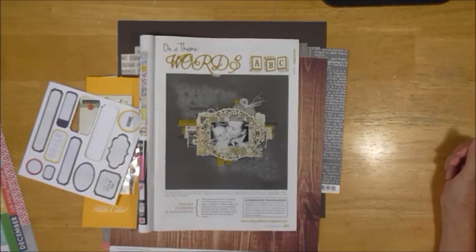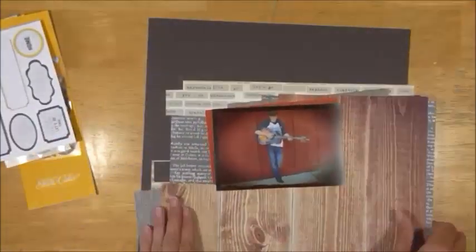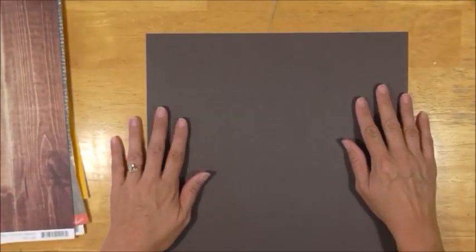And this is a picture. Well, first I'm showing you here the layout that I'm lifting this from. That's a magazine I just recently got, and I'm going to mimic that layout here. And I'm using this London Fog Basil paper, and I love the color. It's like a gray brown,